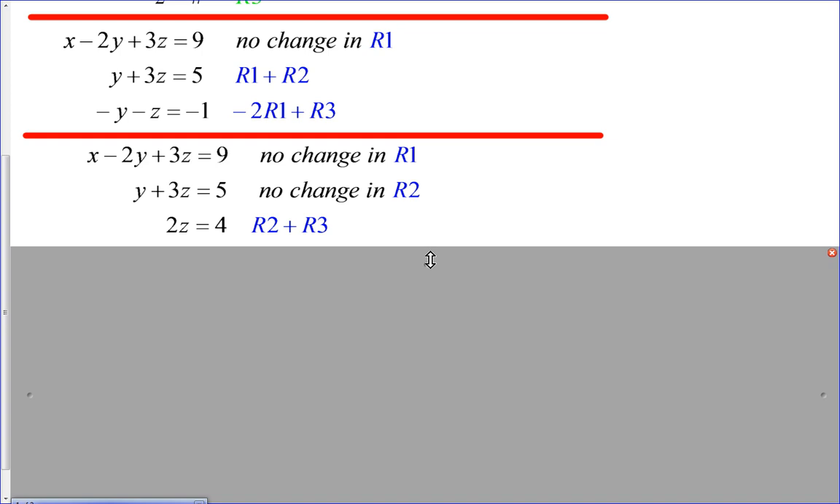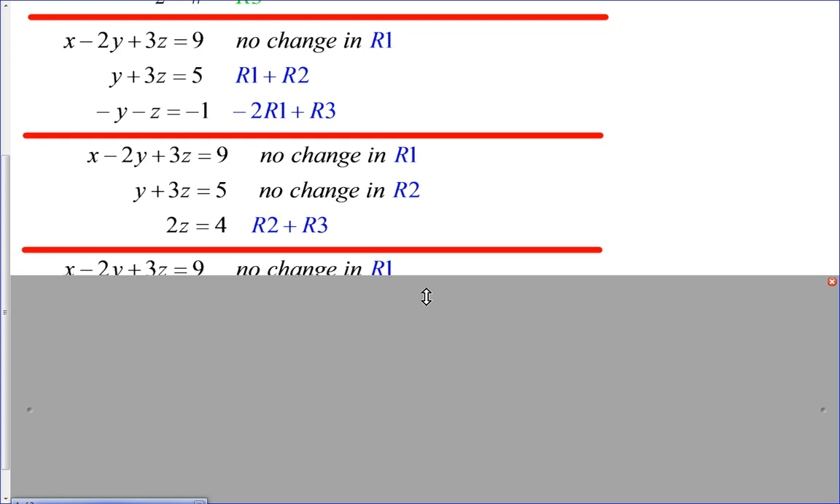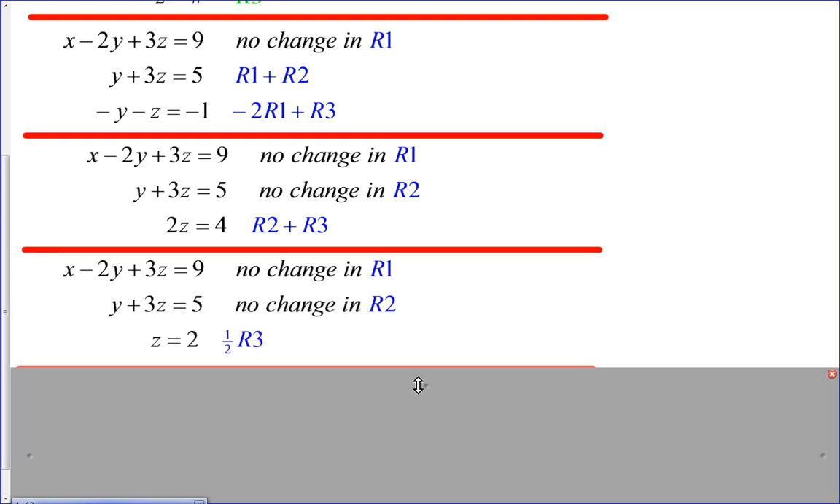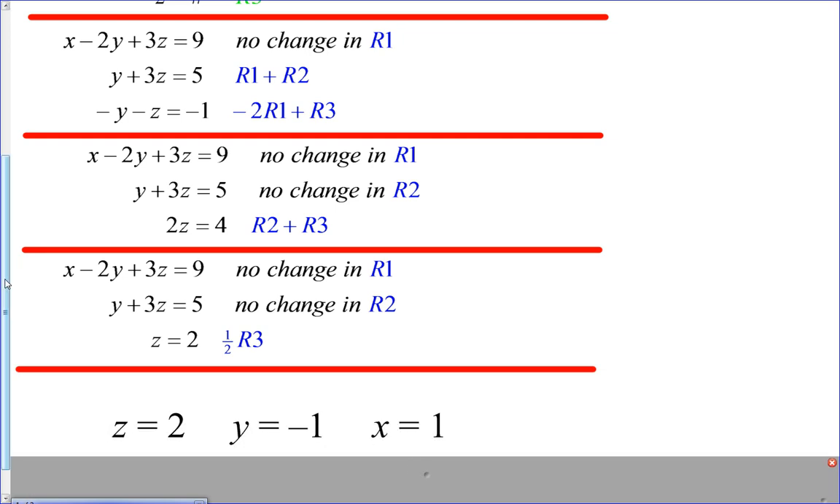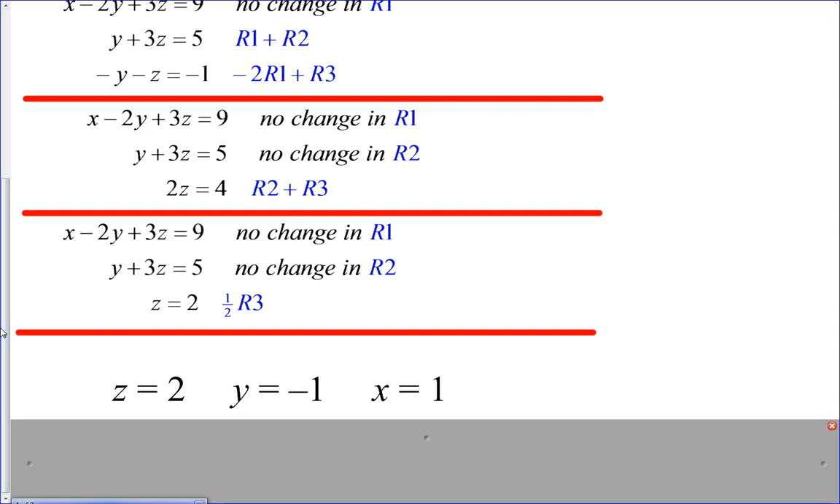The last change to get it into what's called row echelon form is to take that last row and cut it in half. Because if we do that, we'll now have 1z equals 2. To come up with our solution, well, we've already got that z equals 2. We're going to back substitute into row 2. We'll put 2 in for z and quickly solve for the fact that y equals -1. And when we put 2 and -1 into the first row, we can solve for x, and x must be